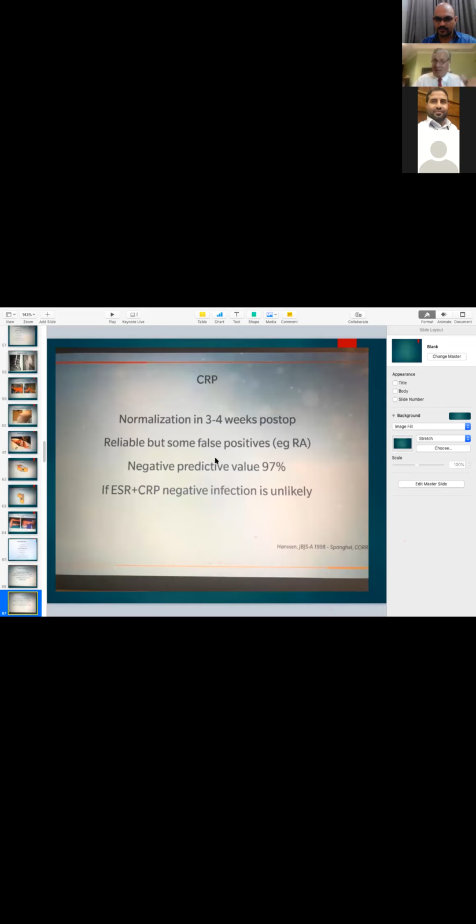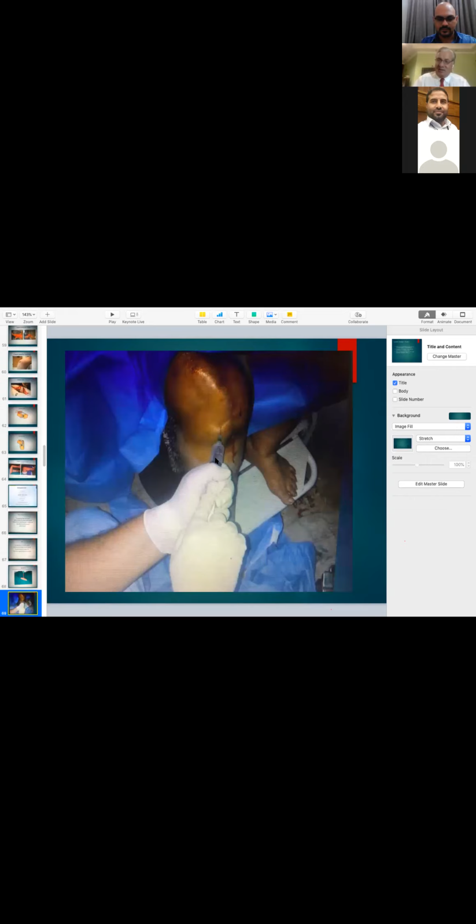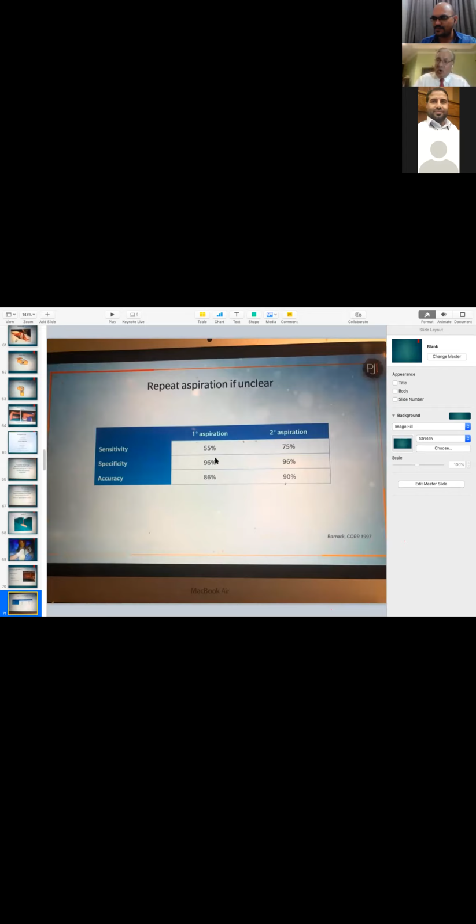So if the knee is painful normally, but you keep infection in your mind, do aspiration from the hip or from the knee, and send the aspirate for leukocyte count and differentiation, with culture on agar for 5 days, and brain heart infusion for 15 days. And also, if it is normal, you can repeat the aspiration if it is unclear. From this study, you look,